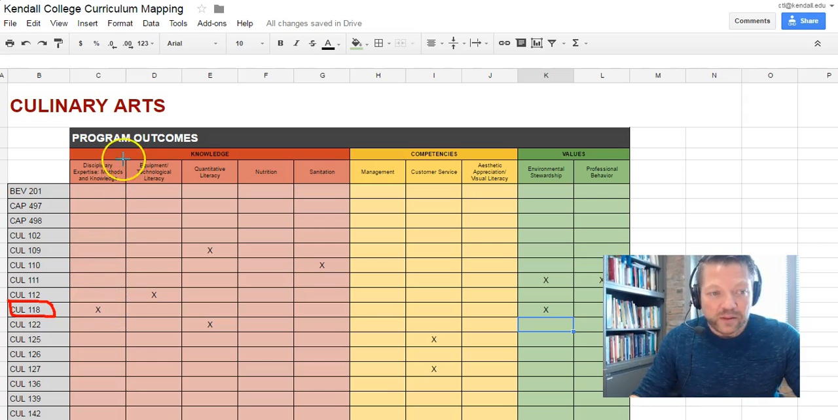So one of them is disciplinary expertise, methods, and knowledge, which is a knowledge. And I go across here and I also see that a value of environmental stewardship has been mapped to my course. Now I can have conversations with my dean and with my colleagues to understand how the culinary arts program has defined this knowledge and this value, and how that knowledge and that value are being developed over the course of all of the courses in the culinary arts program. I can scroll down